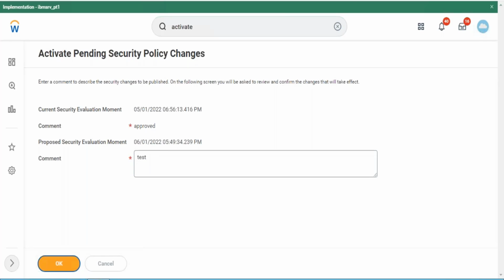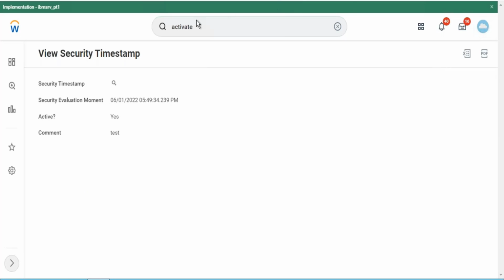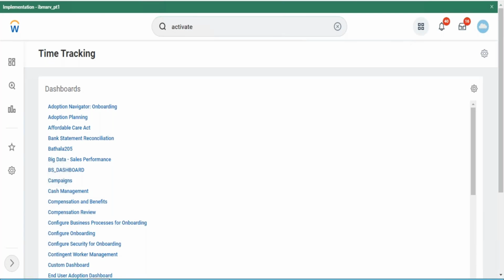So to add the required security, now the employee will have access to enroll into the course. Earlier, since the security was not defined, the employee or learning administrator was not able to see it. The user which I'm using is a learning administrator as well as a learner, and no one was able to see that enroll button. Now I think the enroll button should have been enabled because we have configured the BP. So now go to